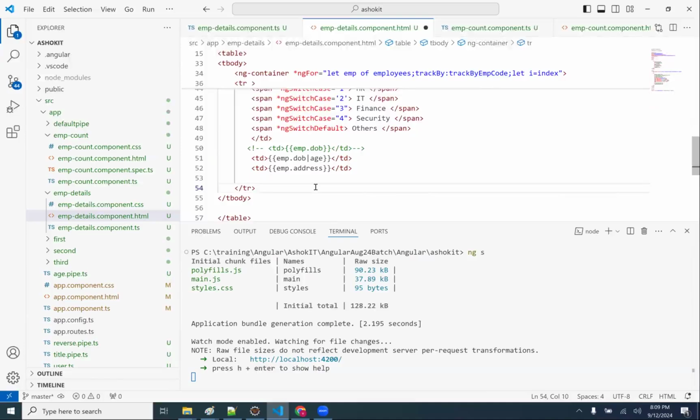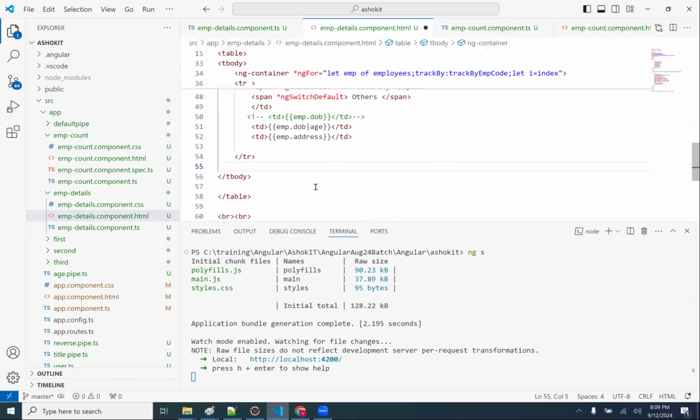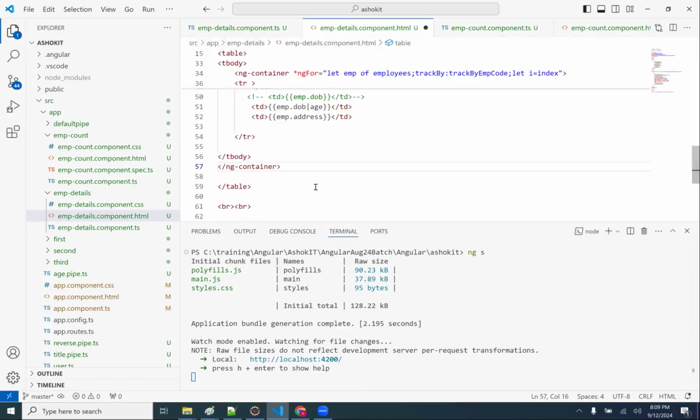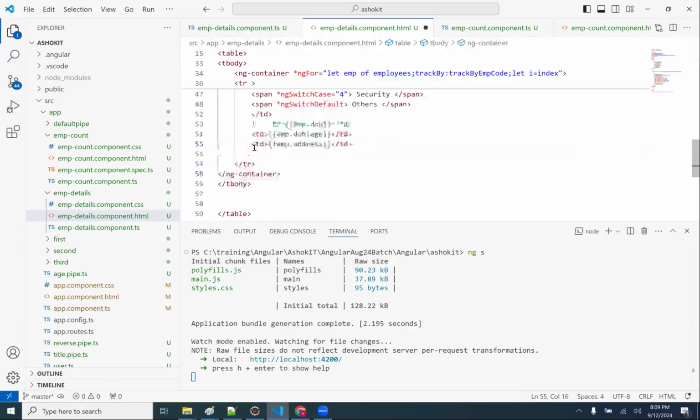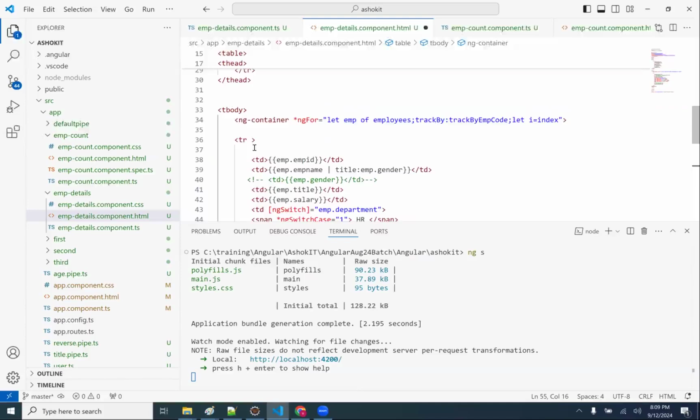And this is the table body, or else I can write here itself. Okay, so I moved my condition. And here I'm going to write here tr